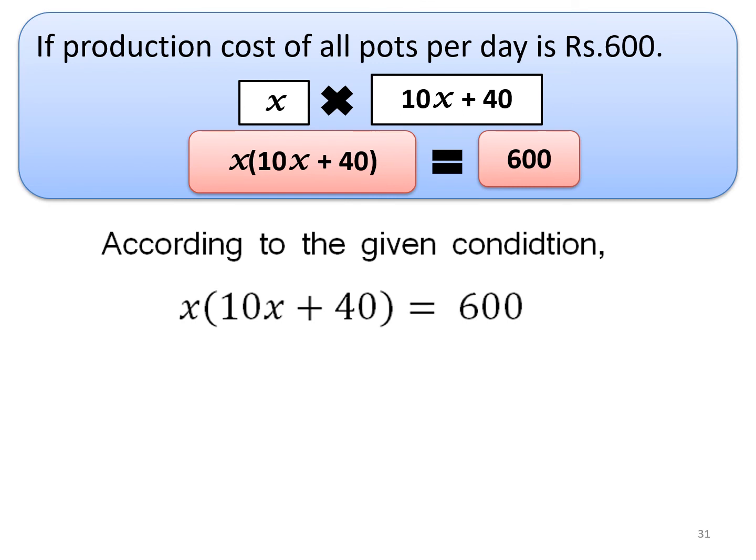You will open up the bracket and solve it. You will get the value of x. When you get the value of x, you will get the number of pots on a daily basis. And using the 10x plus 40 formula, you will get the production cost of one pot. The sum you have to solve on your own. Till here I have given you the solution. The further part of solving the quadratic equation, you will be doing on your own.